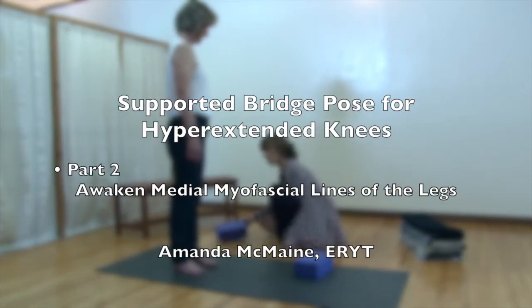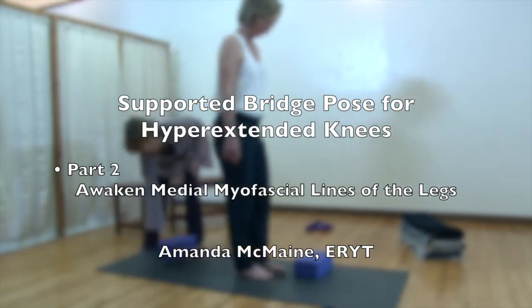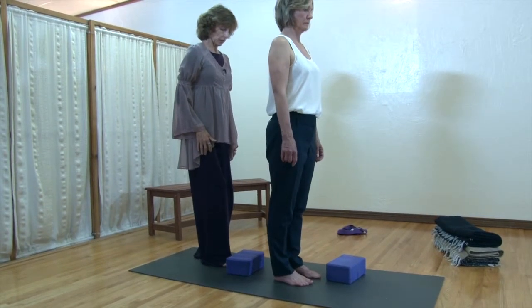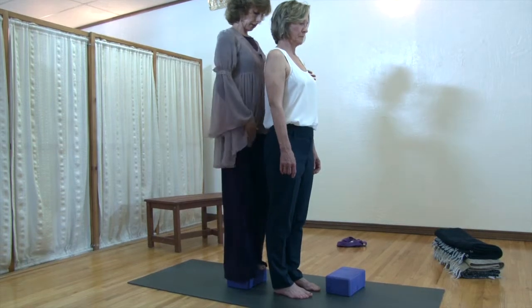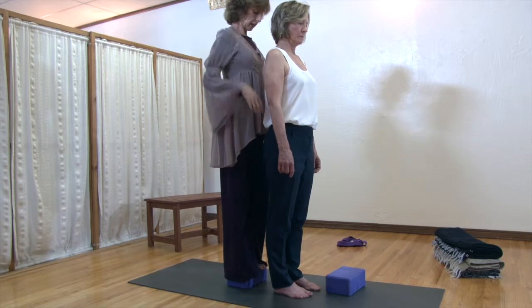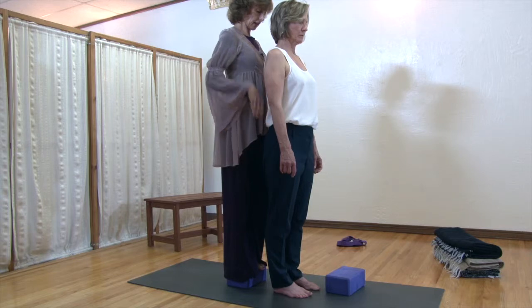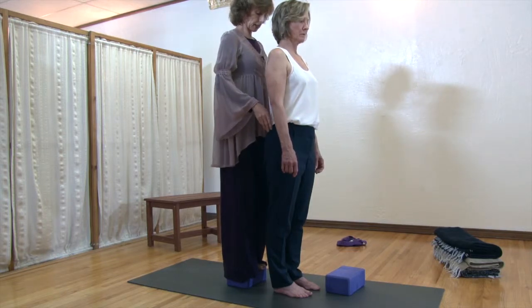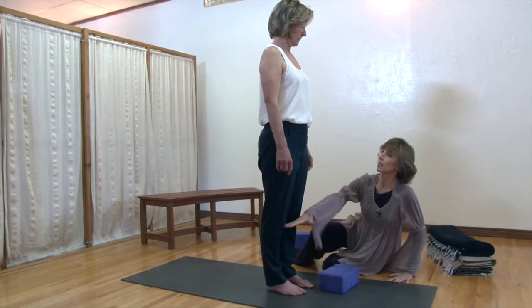Now, I want to have a look at your hips from the back, so I'm going to stand behind you. That's it. I'm going to climb up on the block. I'm going to look down your back body. May I touch you? Mm-hmm. Sure. Okay, good. I do not see any particular rotations here, Kathy. That's good news. I don't see any lateral curve in the spine. That is very nice. I think what we're dealing with really is what's happened in this knee because of the